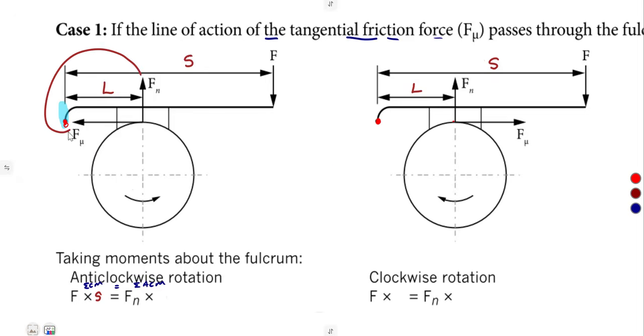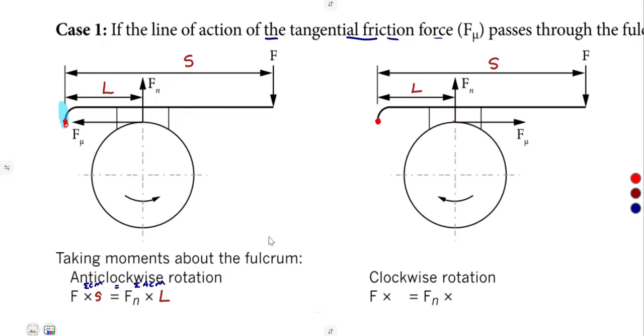Fn to the pivot point, anti-clockwise. So that's Fn times the distance L. They are in the anti-clockwise. So that's the same thing here that we're going to have as we are to consider. And in our